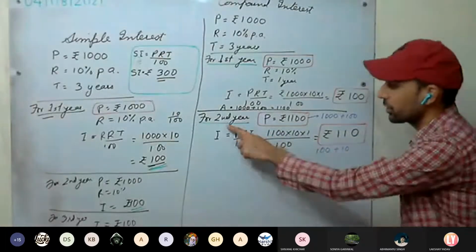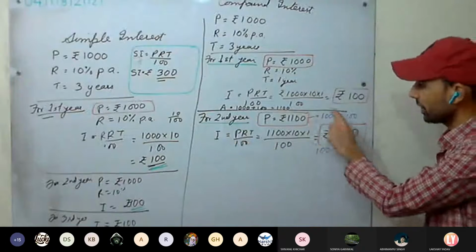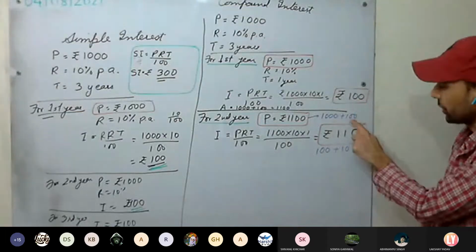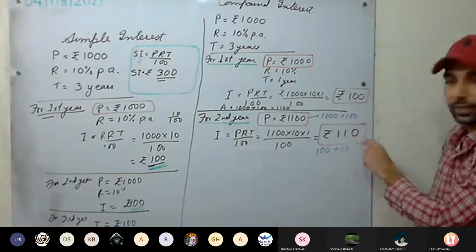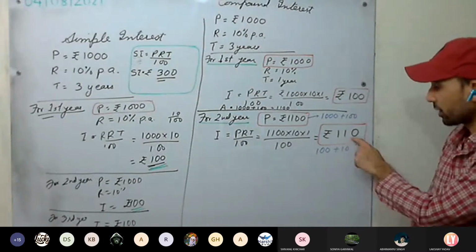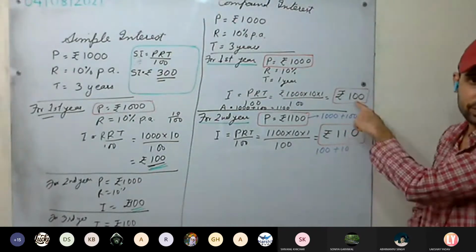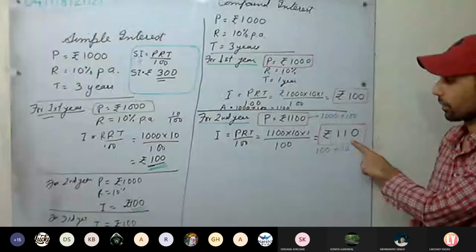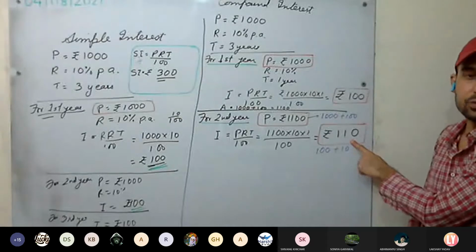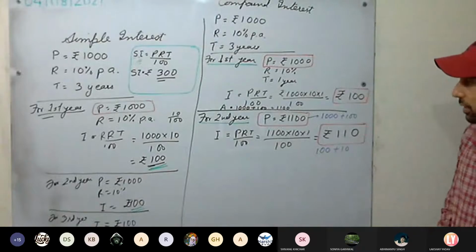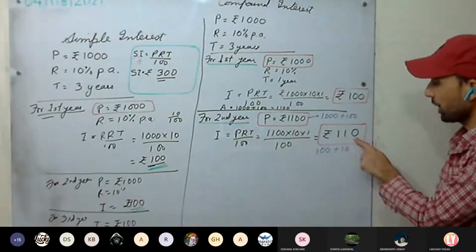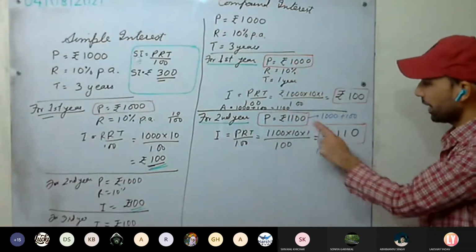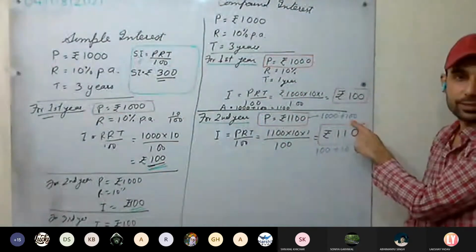Now you have got interest for the second year. We have charged interest on principal, that is 1,000 rupees, plus we have charged interest on the interest of the first year as well, rupees 10. Total is 110. Did you understand this? Why is it more? The 10 rupees is coming from interest on interest of the first year. This is clear? So we are charging interest on interest as well. On 1100 rupees, the interest comes out to be 110. In 110, 100 rupees is the interest on 1000 rupees, and this 10 rupees is interest on the interest.